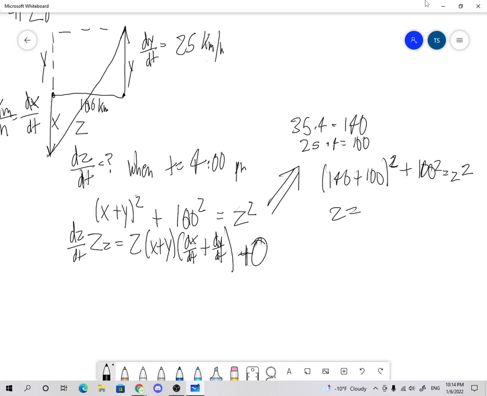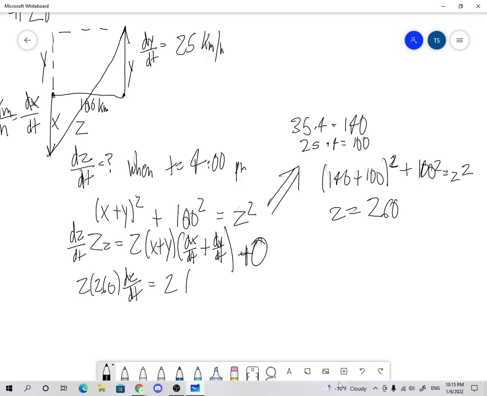That's a perfect square. So I'm going to put it as 260. Great, so now we actually know what z is. So dz, why did I do that? I'm just going to simplify it out, so that's 260 dz dt